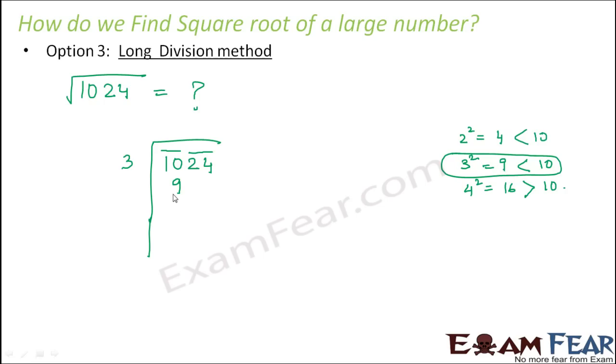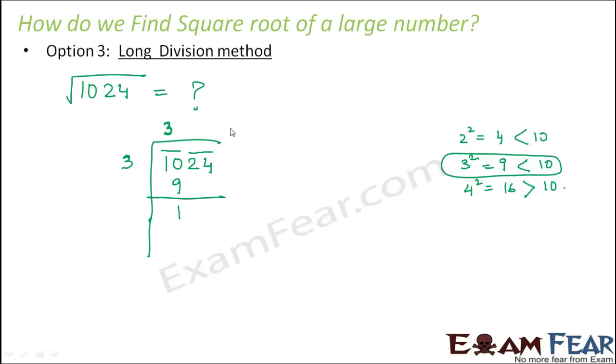Just follow the steps carefully. What we are actually doing is, we saw that 3 square is equal to 9. So we write 3 here like a divisor, and 10 is like the dividend. So 3 is our divisor. Now 3 into 3 is 9, so the other 3 is our quotient. Now what we do is find the remainder. The remainder would be 10 minus 9, which is 1. So this is our first half.